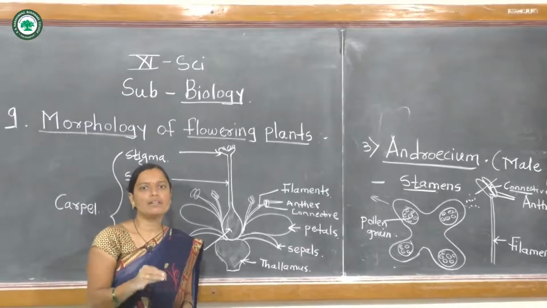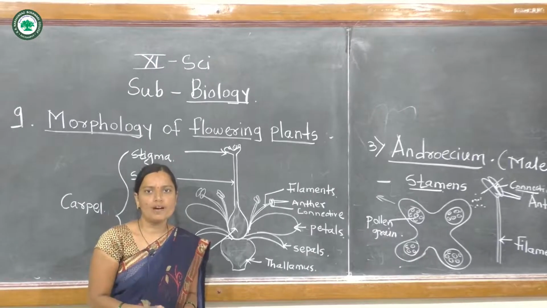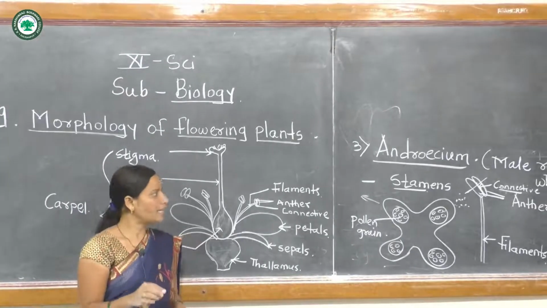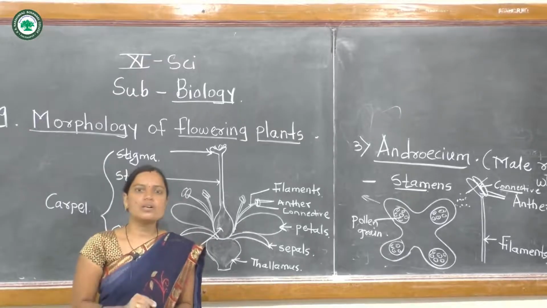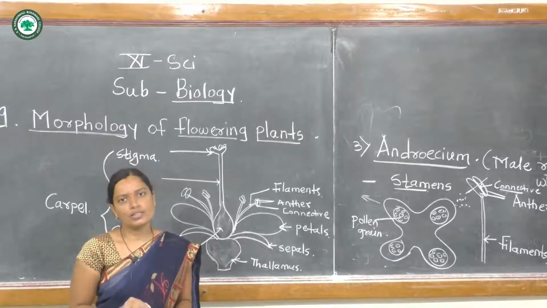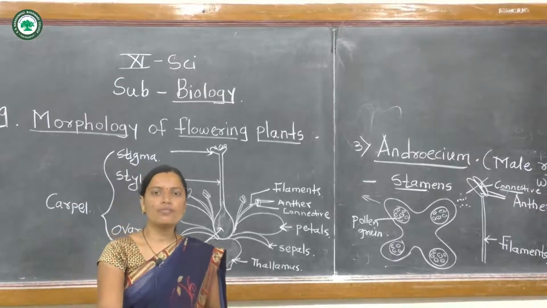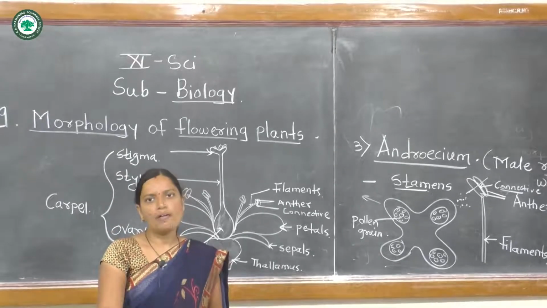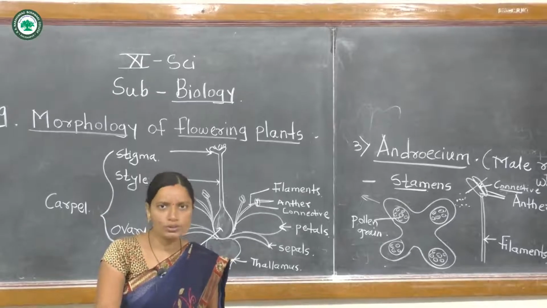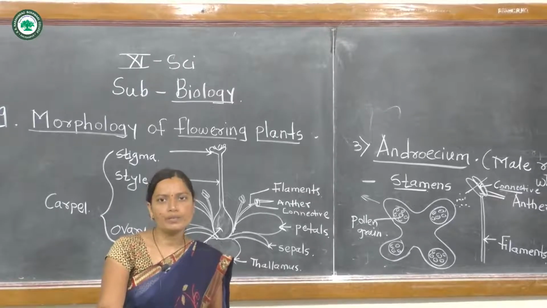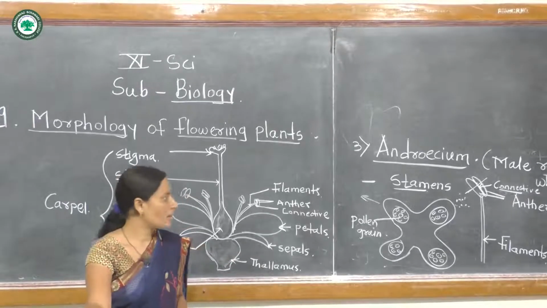It is the male reproductive floral whorl of the flower, the androecium, and its pollen grains are transferred to the stigma, and pollination takes place. Now the fourth part, or whorl, of the flower is called the gynoecium. Individually, this gynoecium is known as a carpel.